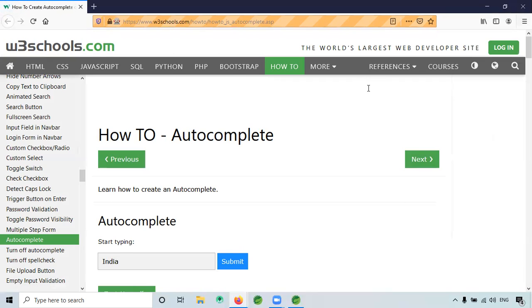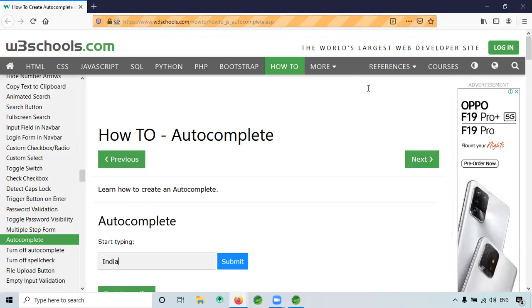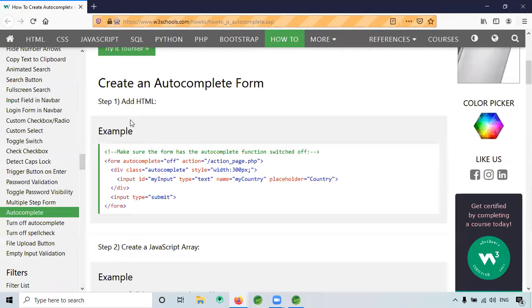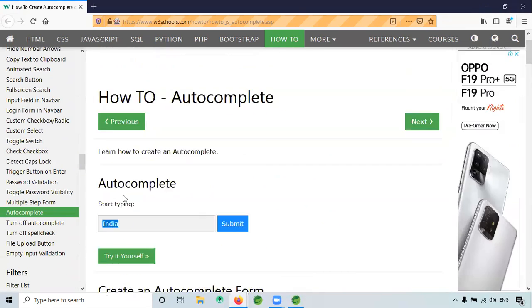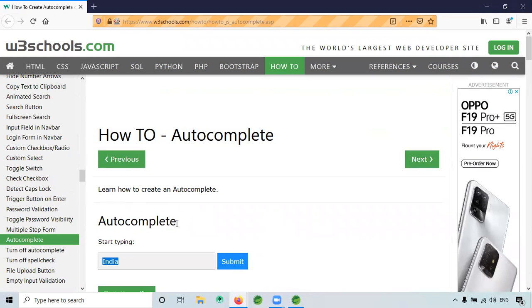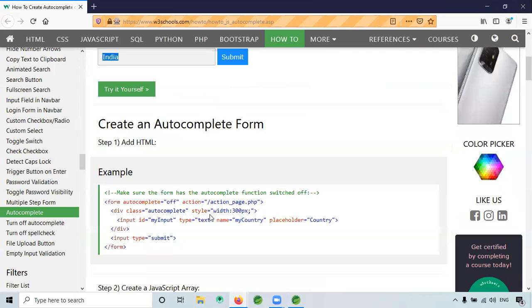India came. It selected the first one. Yes, it is working. So like that, we send the keys, arrow down, and click enter. That's how we performed it.